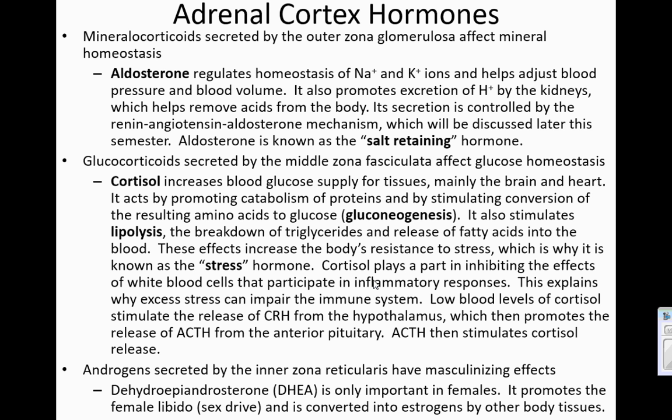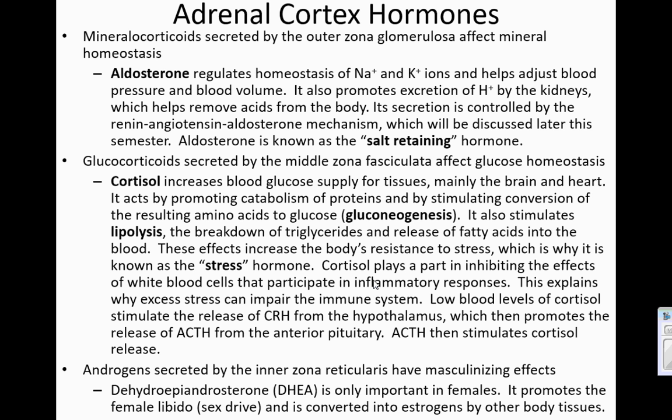Now you might see on this page a lot of the prefix cort, or cortical, or cortex. Those all kind of go together. These hormones are collectively called corticosteroids. Cortico for cortex, and steroids because they are steroid in classification